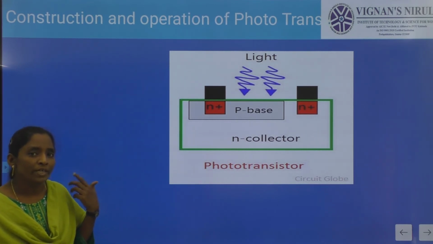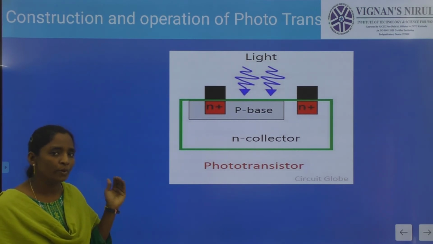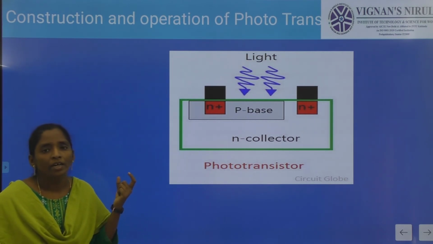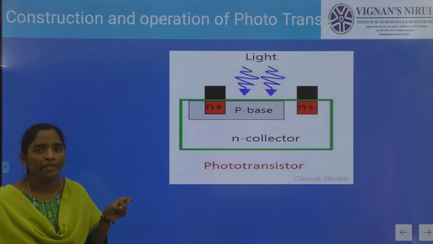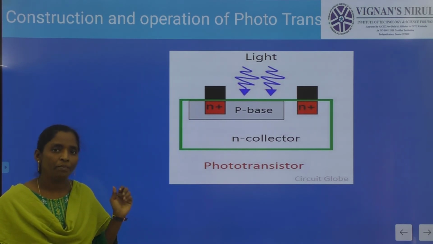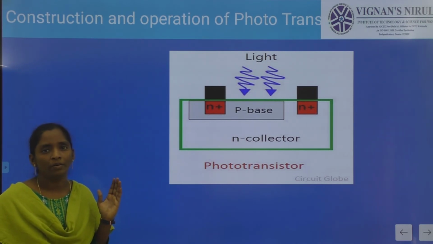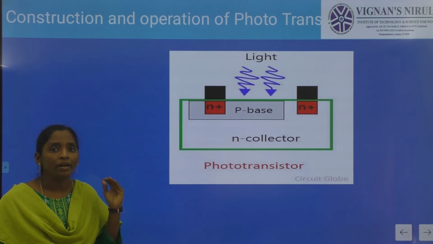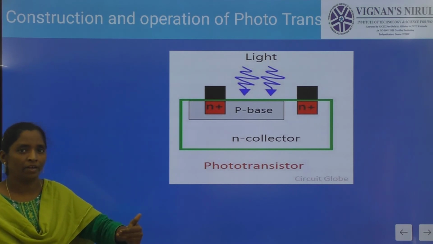We know what a photodiode is and what a transistor amplifier is. A photodiode takes light and converts that light into current. Before light is applied to the photodiode, there is a current flow, and that current is known as the dark current. What is meant by a transistor amplifier? It amplifies the strength of a weak signal.